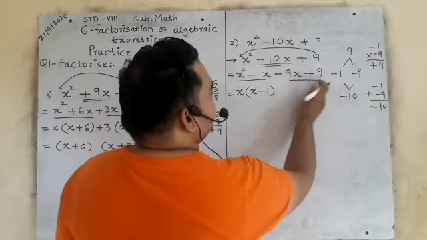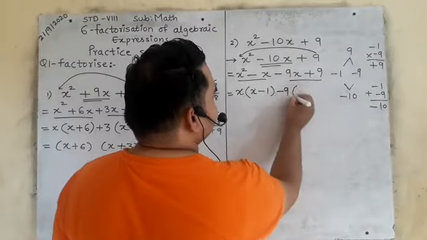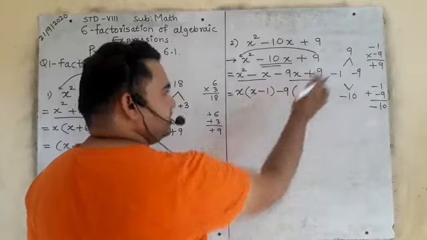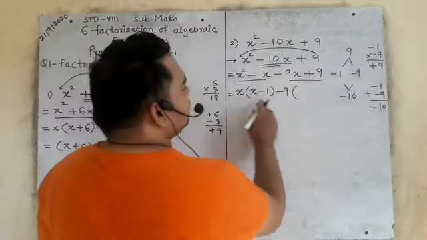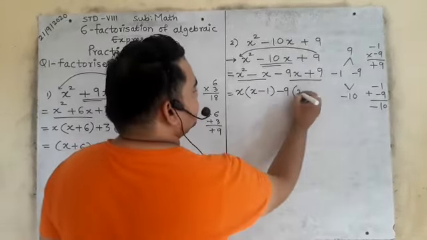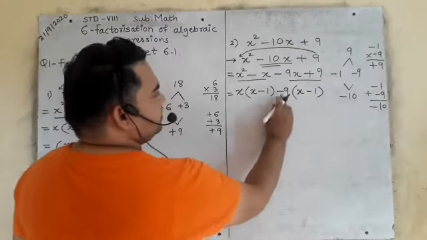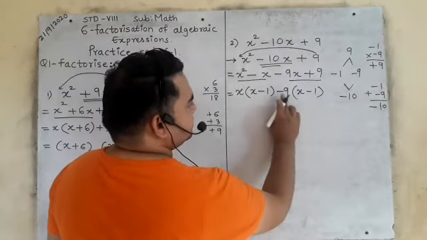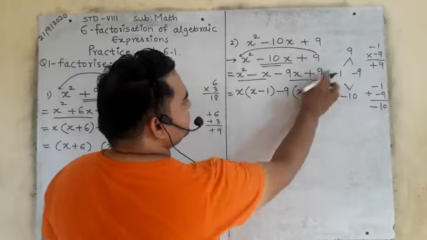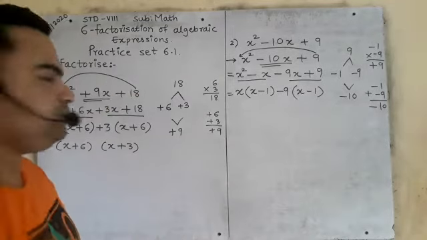Now see, 9 is common over here. Minus 9 is common over here because in the 9 times table 9 comes, right? So whatever is your first bracket, that is only your second bracket. Check it. Minus 9x, minus 9x. Minus 9 multiplied by minus 1 is plus 9. Is it clear?